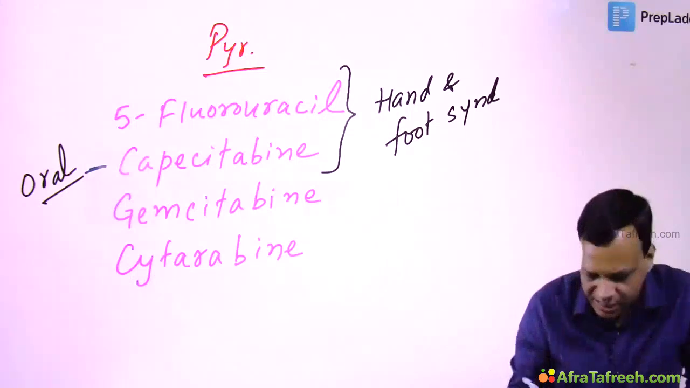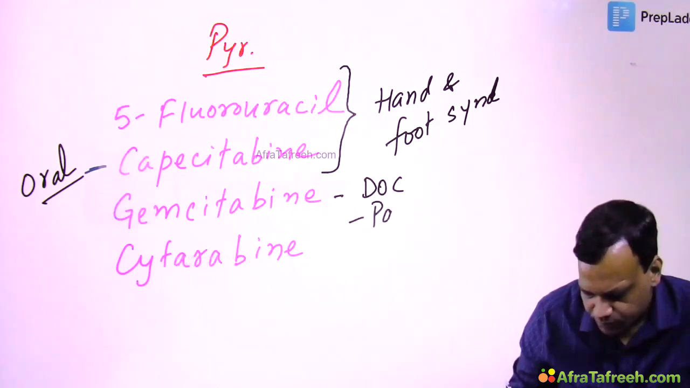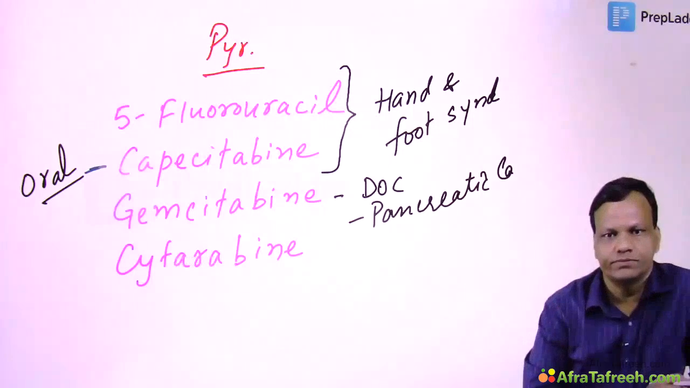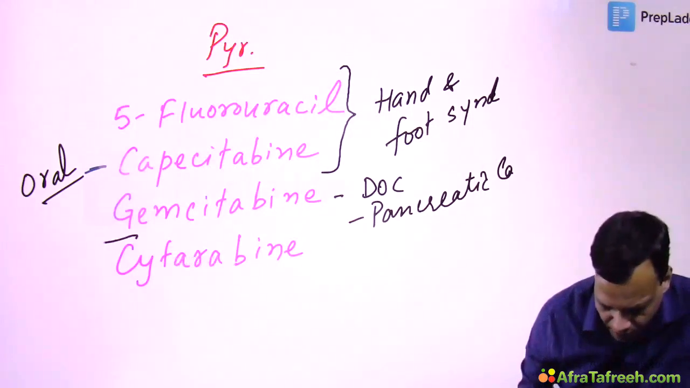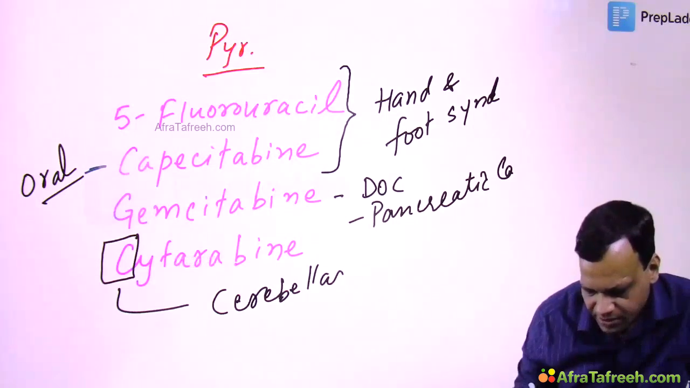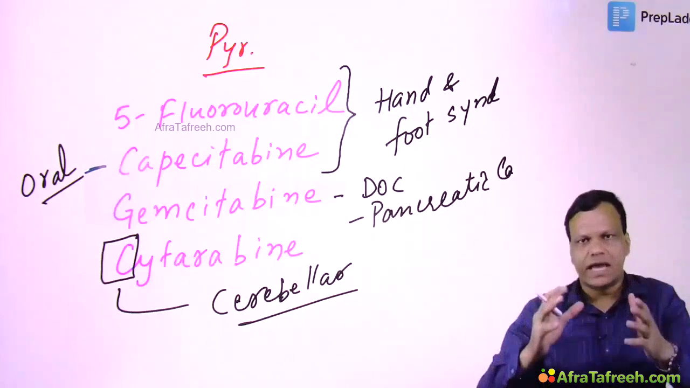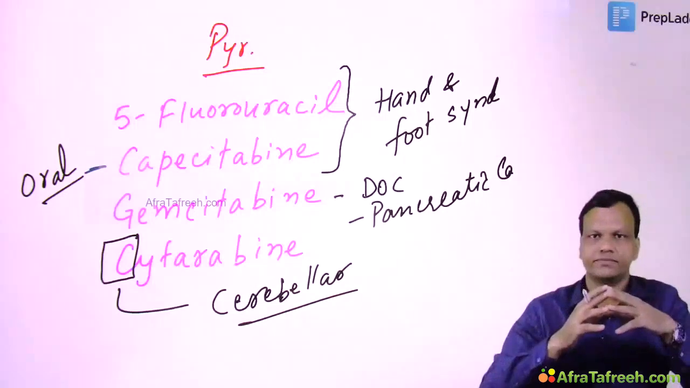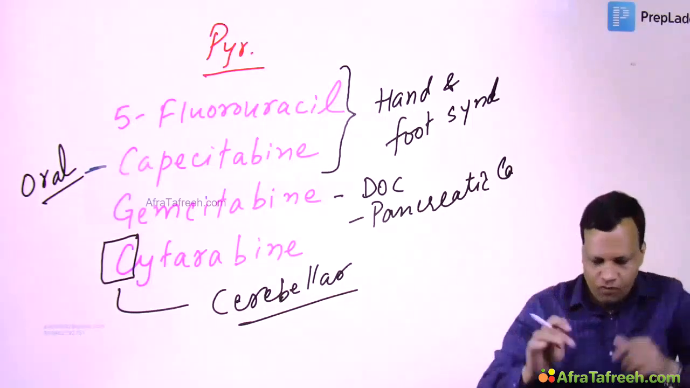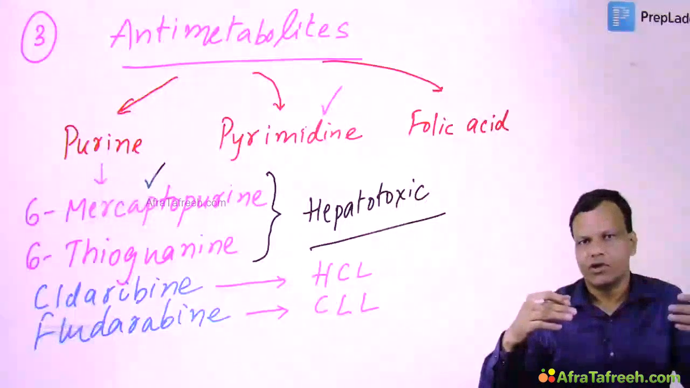Okay. Gemcitabine is a drug of choice for pancreatic carcinoma. Gemcitabine, drug of choice for pancreatic carcinoma. And cytarabine, you can remember, C for cerebellar side effect. Cytarabine can cause cerebellar side effects like ataxia, nystagmus, vertigo, etc. Clear? Now, one important thing, the question asked